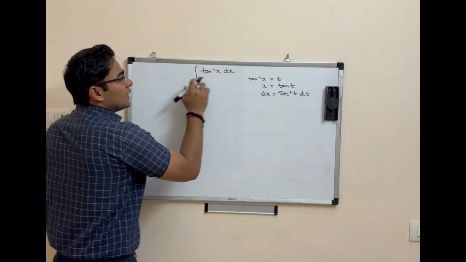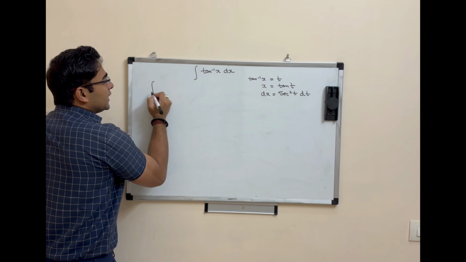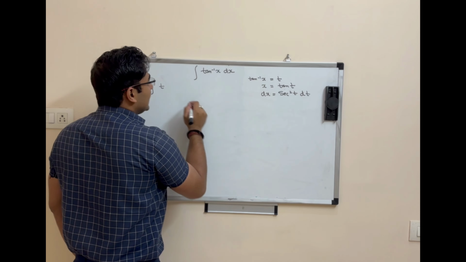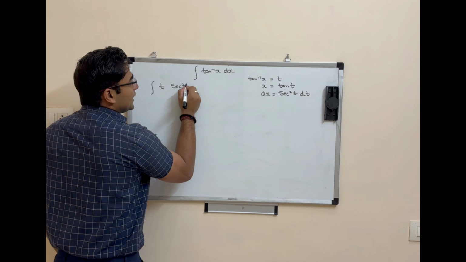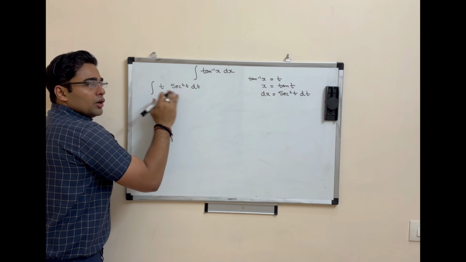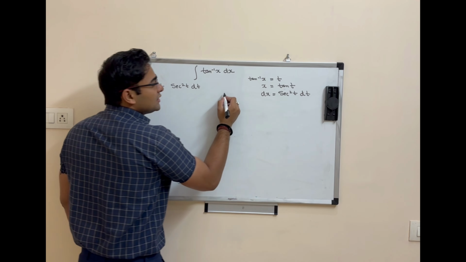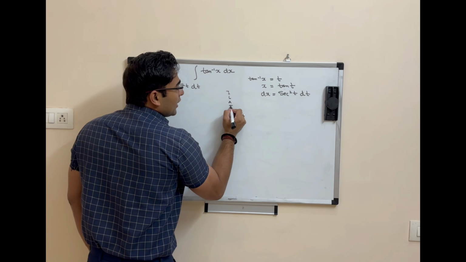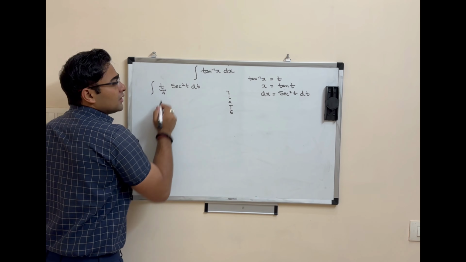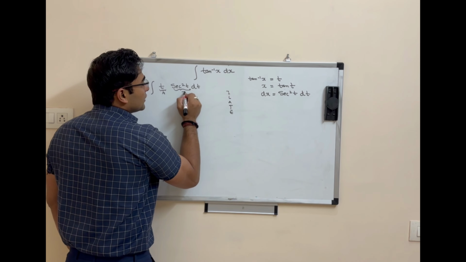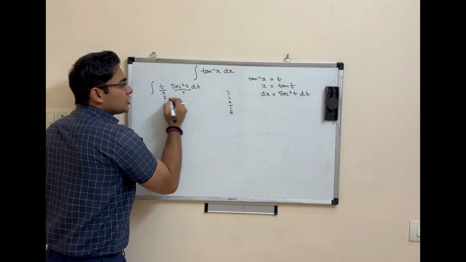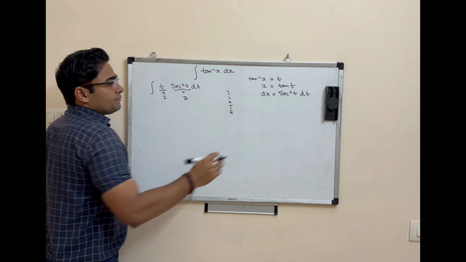Now I am going to put these values here. So it will be the integral of tan inverse x, which is t, times dx, which is sec square t dt. Now you can see that it has been reduced to two functions. Again we will see ILATE. This is algebraic, so we write A here. This is trigonometric, so we write T here. You can see that A is lying above T, so t will be the first function and sec square t will be the second function.